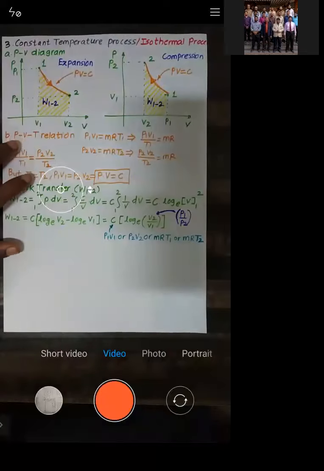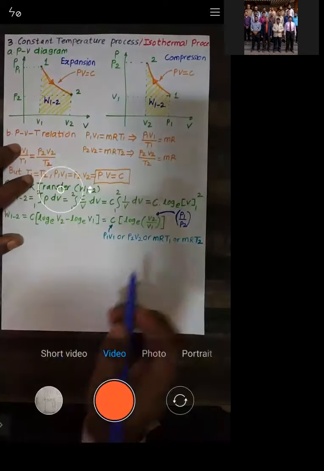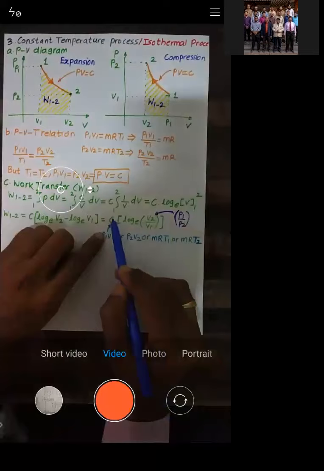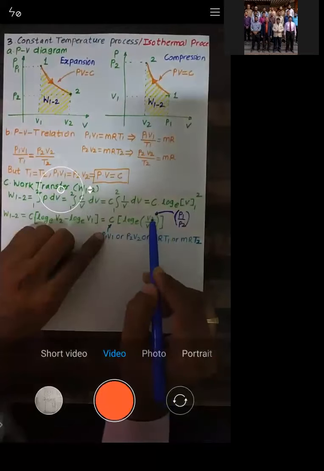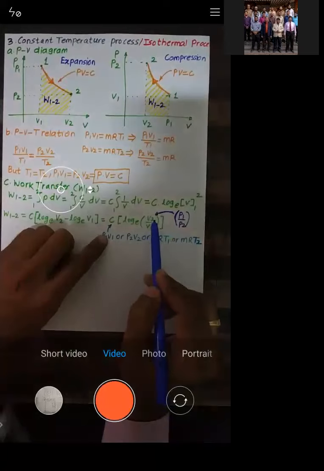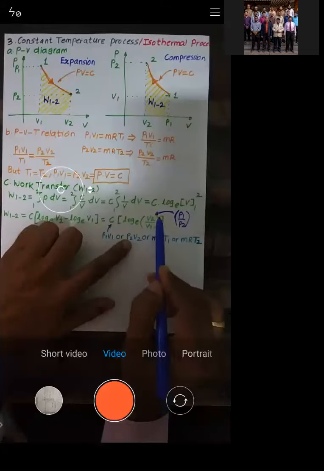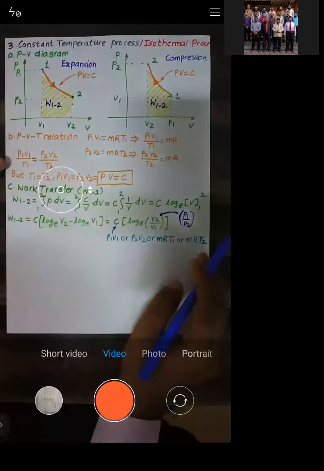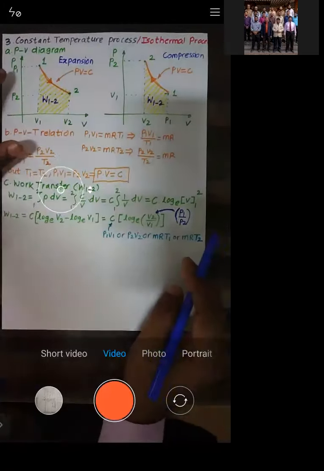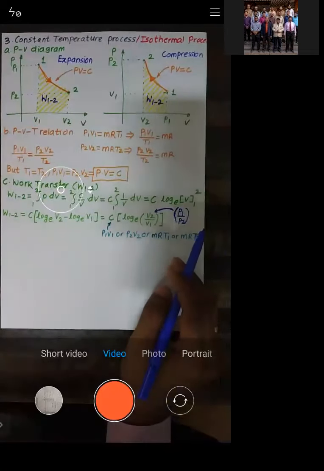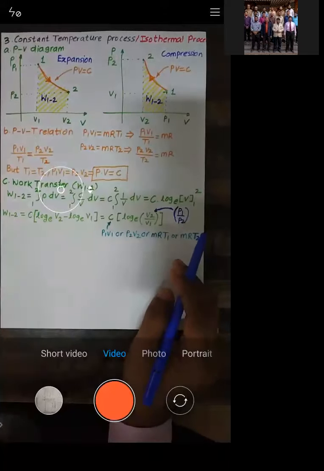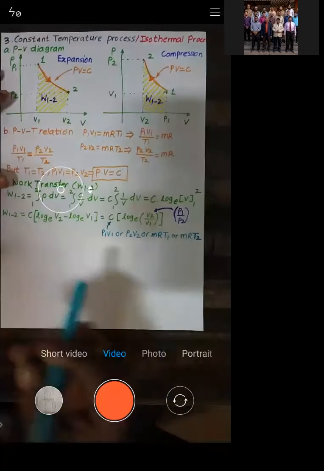See how many formulas we are getting. You can put this C as P1 V1, or you keep this as P2 V2. Otherwise, you can put this value of C here. Similarly, instead of C, you can put this here. A number of combinations you will get for this. So you can use any formula, provided you will get the same answer. Is it okay, all of you? Let me know. Is it okay with this one or not?